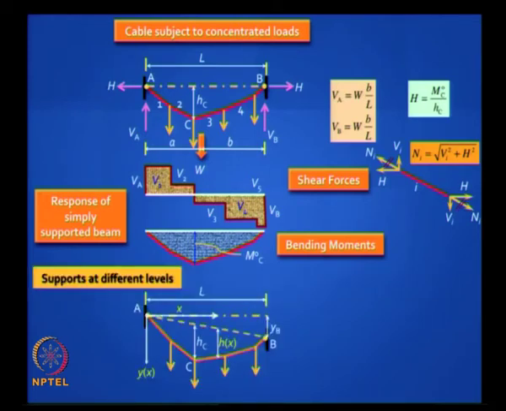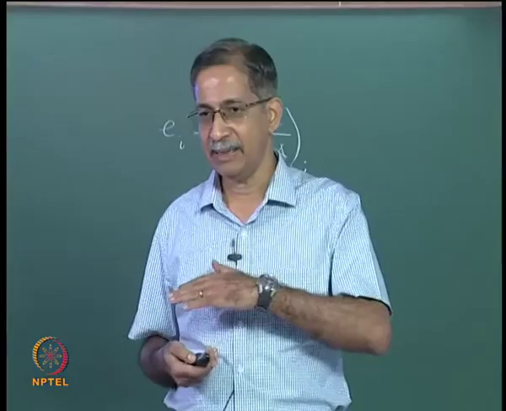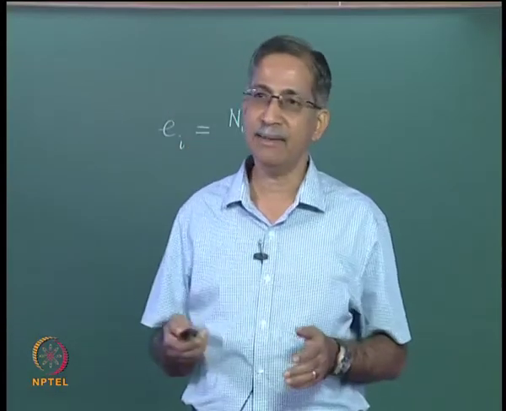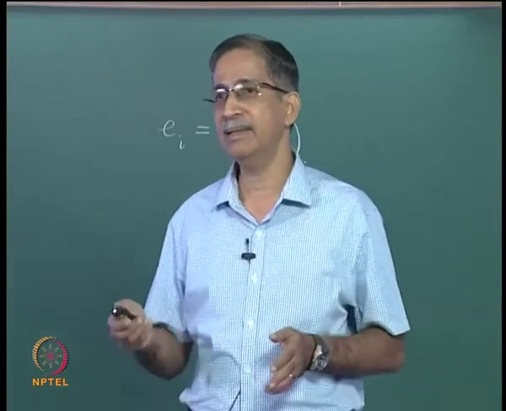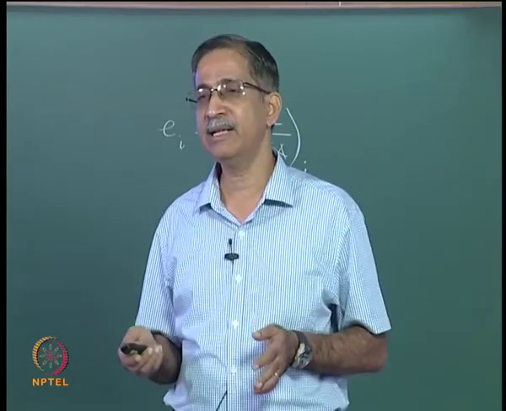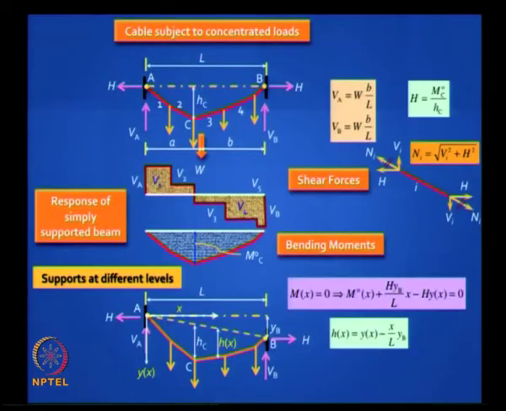So if the supports are at two different levels, then you can relate it to the first case. You will find that if the arrangement of loads is the same, the horizontal force does not change. We can prove this. It is the vertical force that changes. You get now a couple, the two H's are separated by a level difference, and that is self equilibrated by a reduction and an increase in the vertical forces. So this can be proved. Okay, we will move ahead.